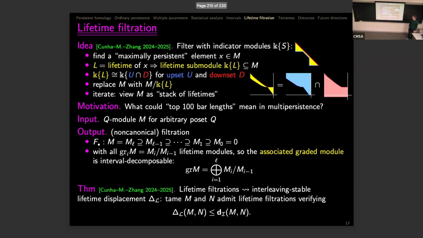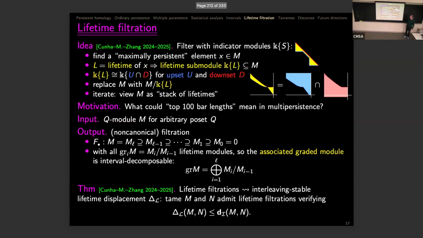And so the theorem is that you can make a stable distance out of this, or you can make a displacement out of it, where you take your modules and look at all possible filtrations like this, and then compare the filtrations of M to the filtrations of N, and that's going to give you more or less a distance between M and N. It doesn't exactly give you a distance, it gives you something that we call a displacement. But if you take a minimum,